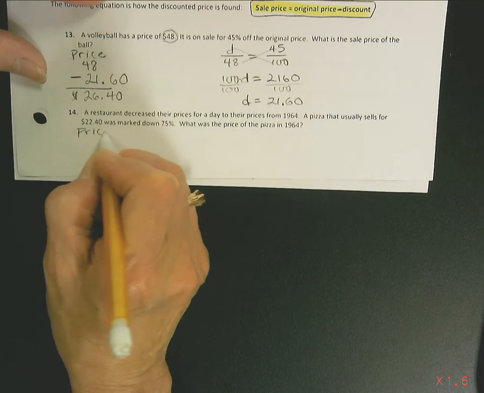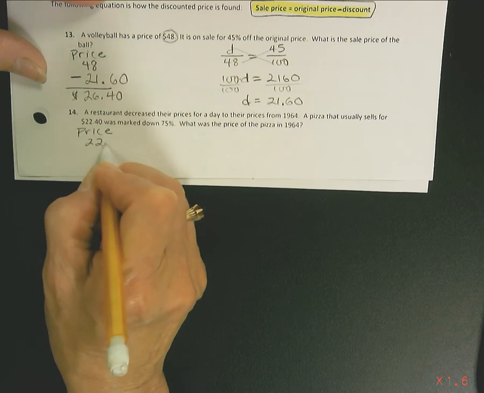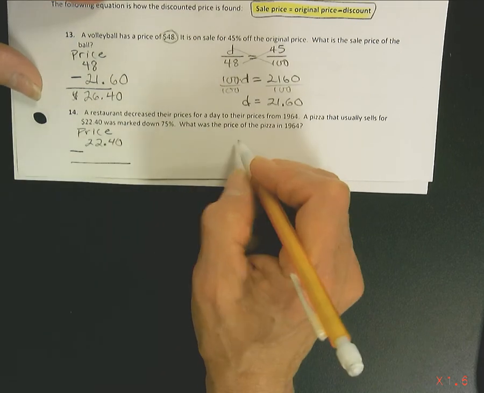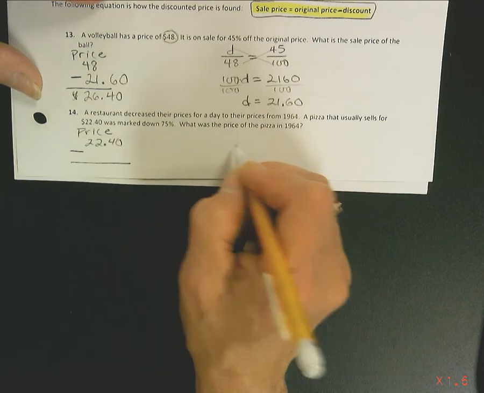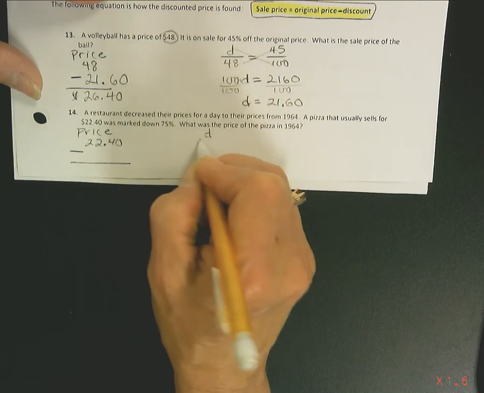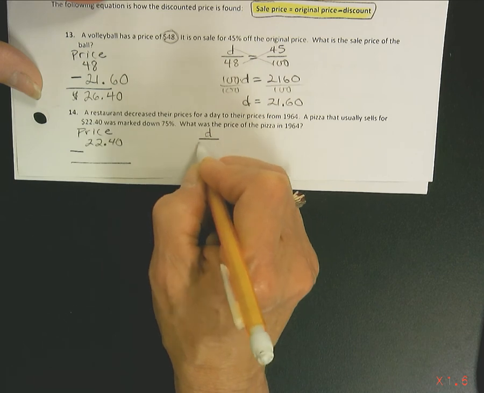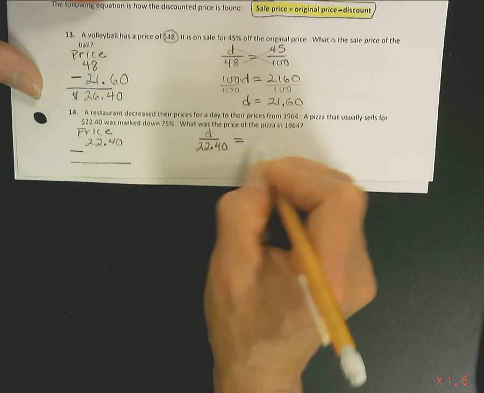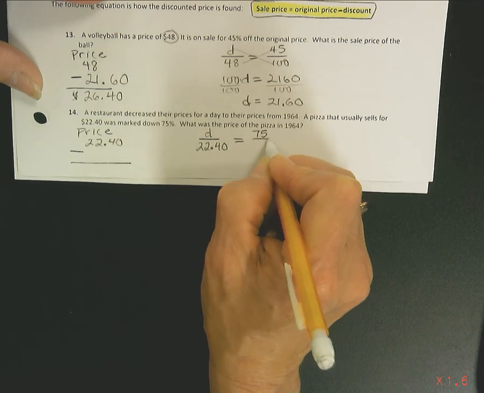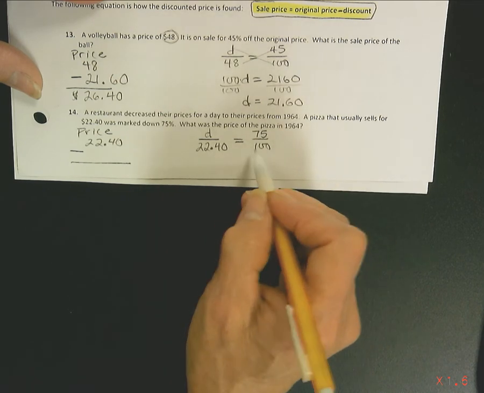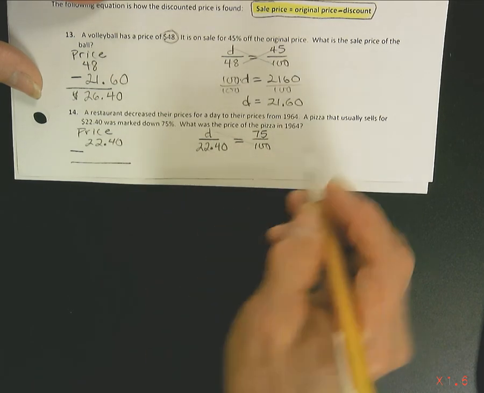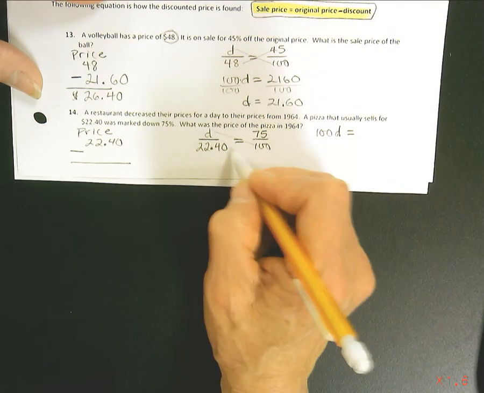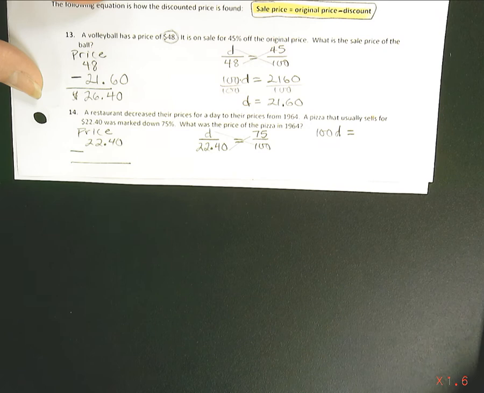Okay, the price is going to be $22.40 minus that discount. So we need to come over here and find the discount. The discount is going to be one little part of the whole price of the pizza, $22.40. The percentage is 75, and that goes over 100. Cross over, multiply 100 times D. Cross over this way, multiply